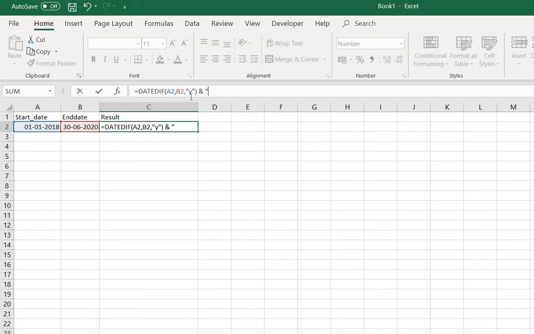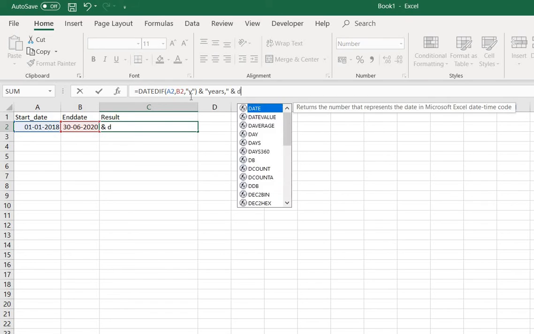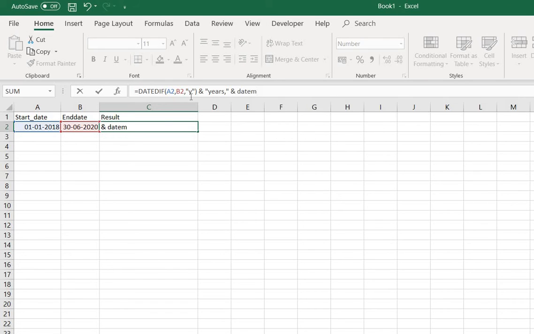We're going to first see the years, comma, and after that I'm going to see the data for months, DATEDIF. Then you have to select the cell, so this one, comma, and the next cell. Then you have to write another operator that is called YM.